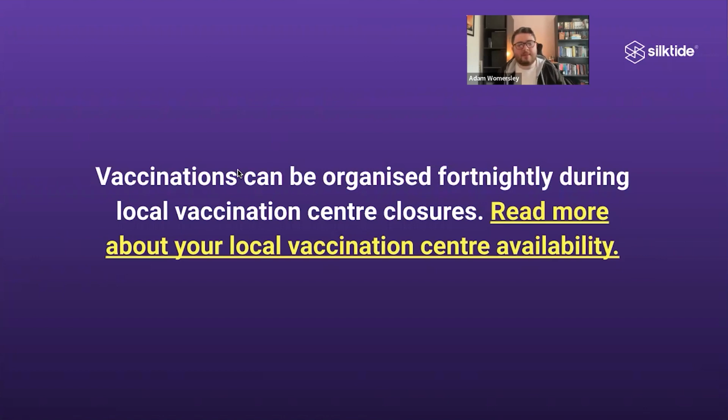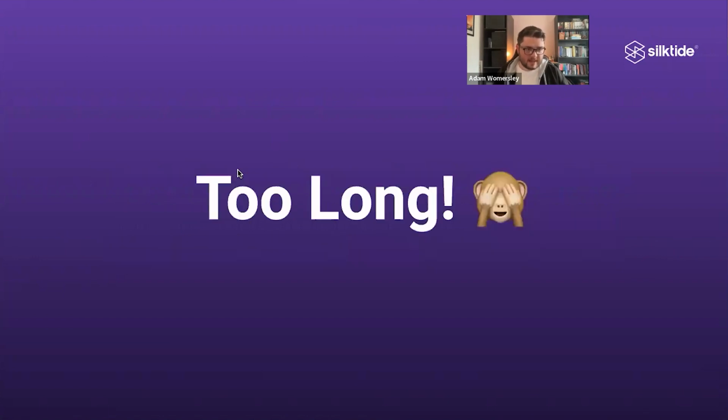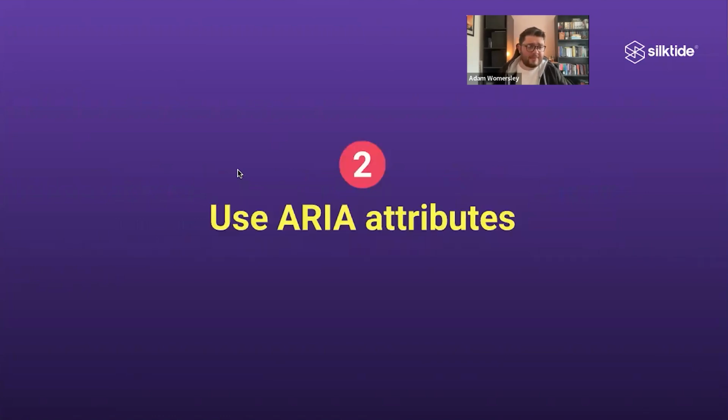Now, you might be looking at this and thinking the exact same as what I've thought in the past, which is, but that makes the link too long. We want it to be short and pretty. And that's where there is another solution, and that is using ARIA attributes. Now, this can get a bit technical, but I'll make it super user friendly. Very similar to how alt text describes an image on a website, an ARIA attribute is like a hidden attribute behind a link that's going to describe where that